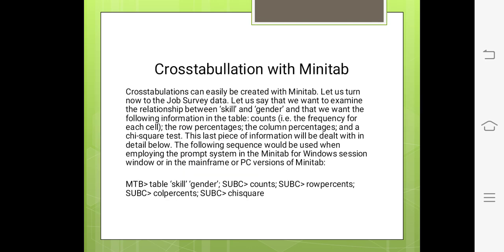Next, cross-tabulation with Minitab. Cross-tabulations can easily be created with Minitab. Let us turn now to the job survey data. Let us say that we want to examine the relationship between skills and gender, and that we want the following information in the table: counts